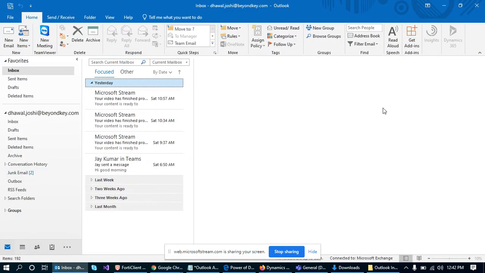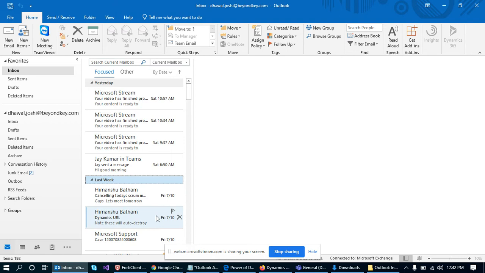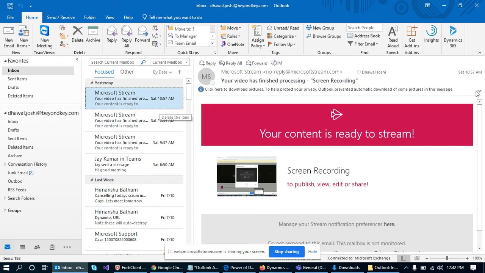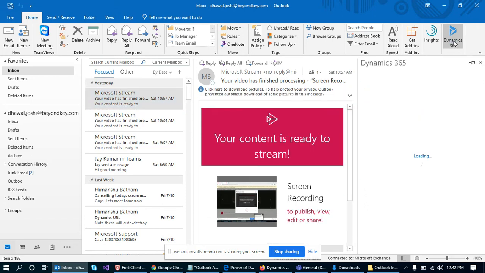Now we'll see how we can track the emails. Since the integration is done, we can click on an email, and as you can see, the Dynamics 365 icon is now enabled. I'll click on this Dynamics 365 icon.